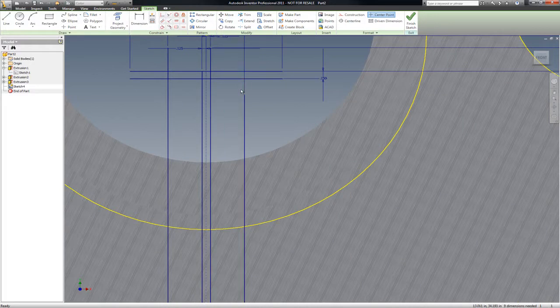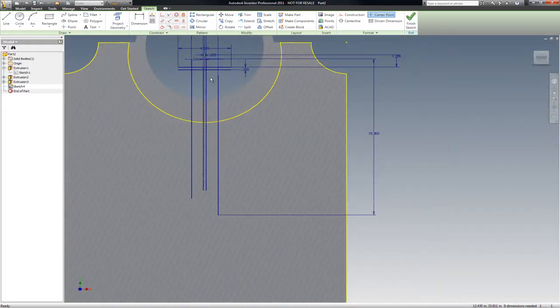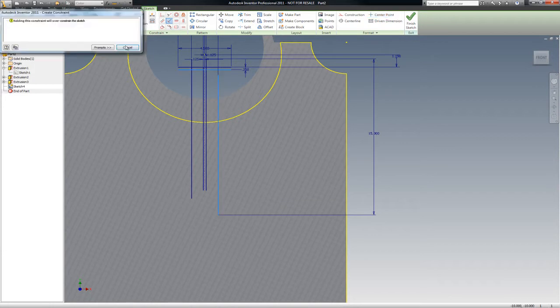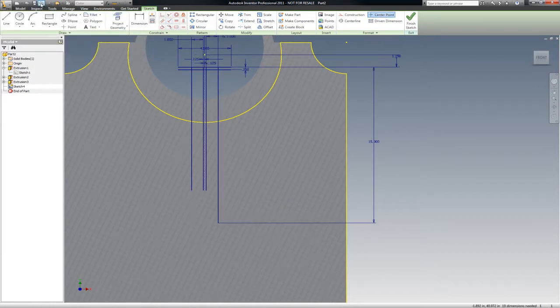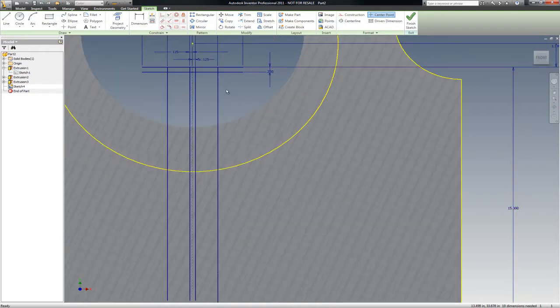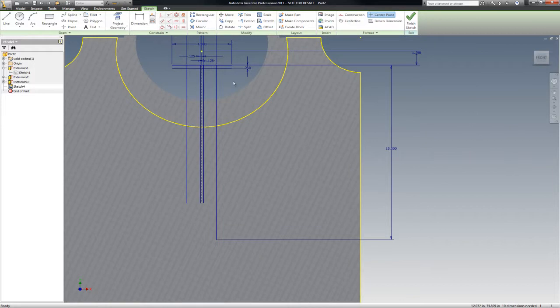I lost my constraint here. They both went each way. So let's see what happens when I go like this. Perpendicular to there. Nope. So I'm going to back up before I dimensioned that. Okay, so I can back up one more dimension, go forward one more dimension. There we go. Okay, and so